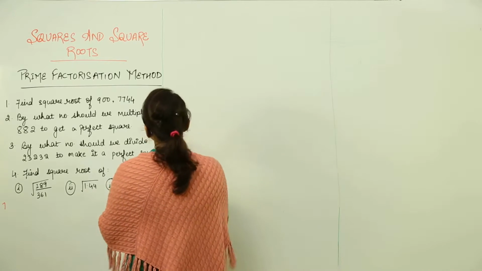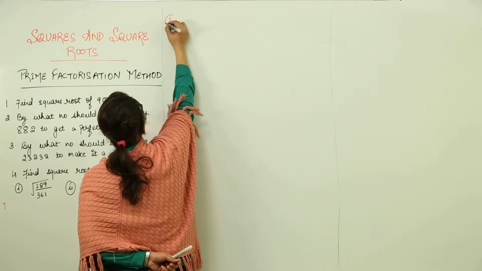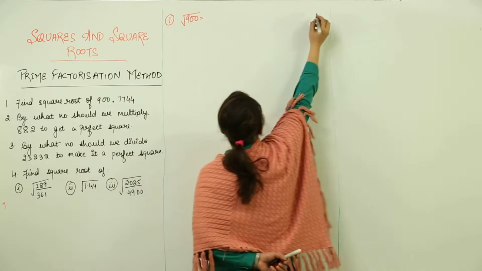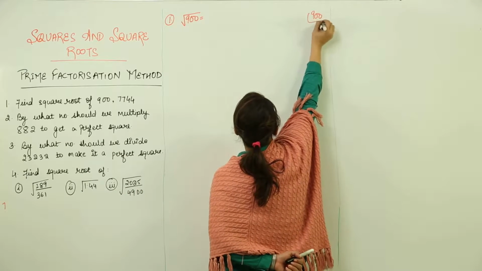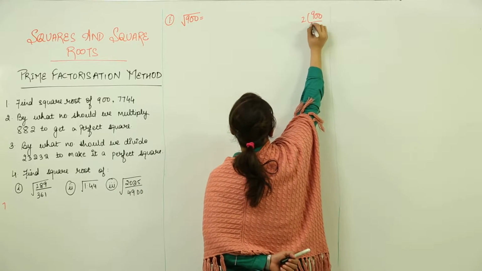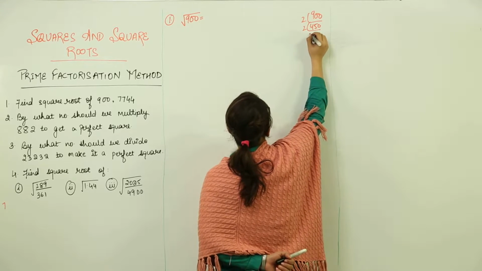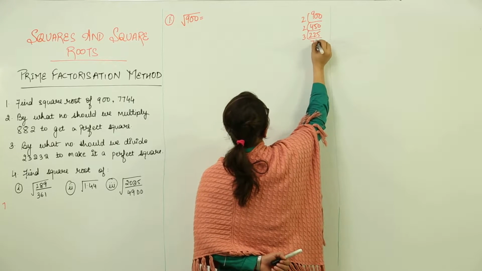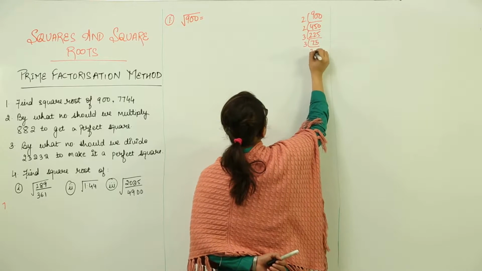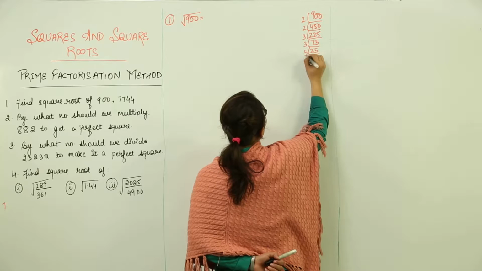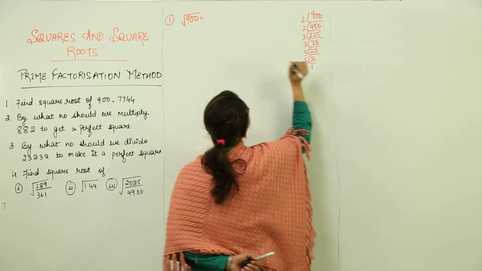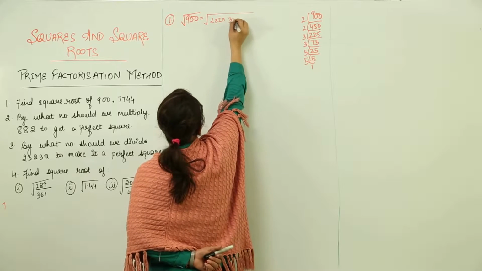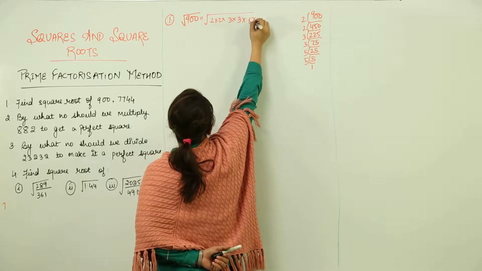So the prime factorization method, by name itself, tells you that you will have to find out the prime factors for this. So what will be the prime factors for 900? It would be 450, 2 goes with 2, 2 2s are 4 and 25, 3 5s are 15, 3 2s are 6, 3 5s are 15, 5 5s are 25 and 5. So we get the factors as 2 into 2 into 3 into 3 into 5 into 5.